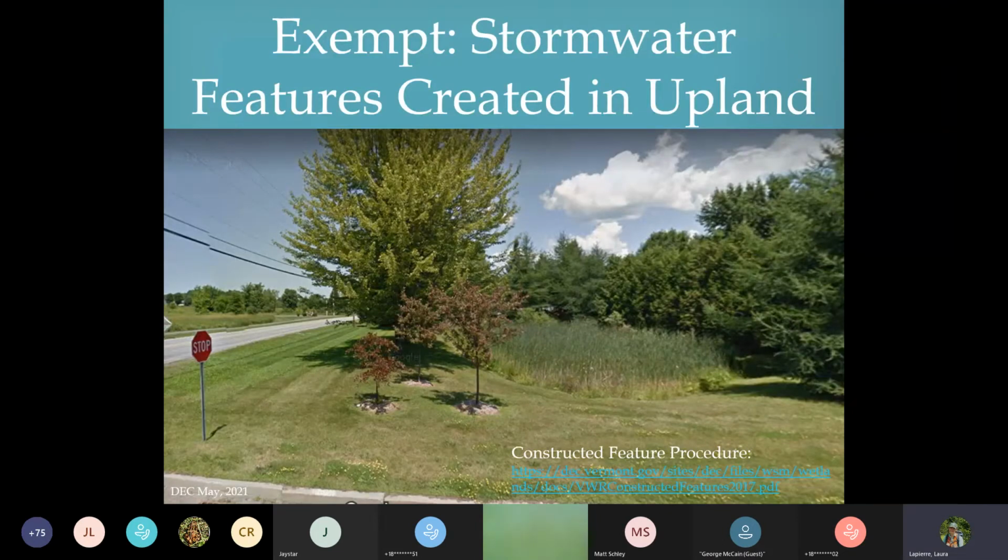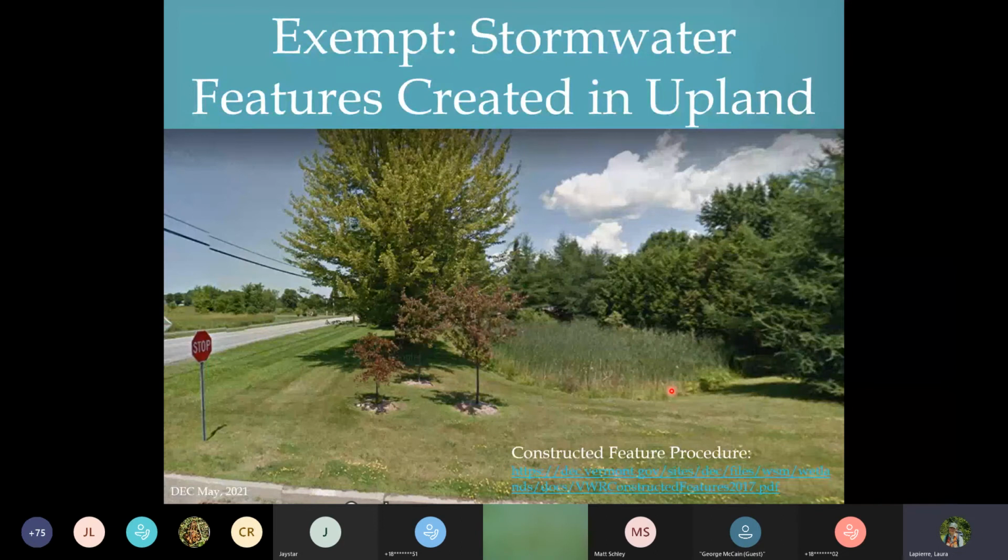Okay, so now we're moving beyond permitting because there are some examples of where you'd need no permit at all. So here is a Google Earth image of a neat little stormwater pond right here. It has lots of cattails in it. It probably has all three parameters of being considered a wetland, but it is exempt.